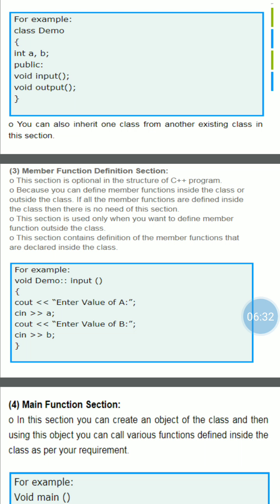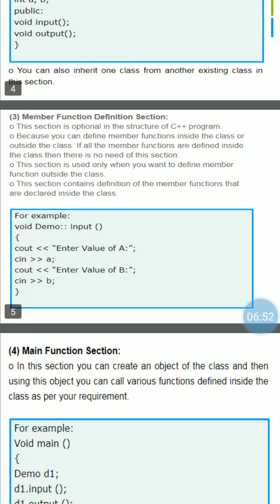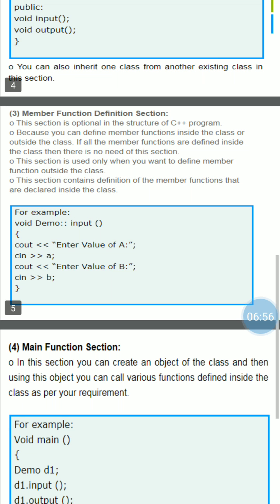क्लास के बाहर हम function को क्या कर रहे हैं, define कर रहे हैं. So we need the class name and the scope resolution operator. The function return type is void. Then the class name, scope resolution operator and function name. After that,